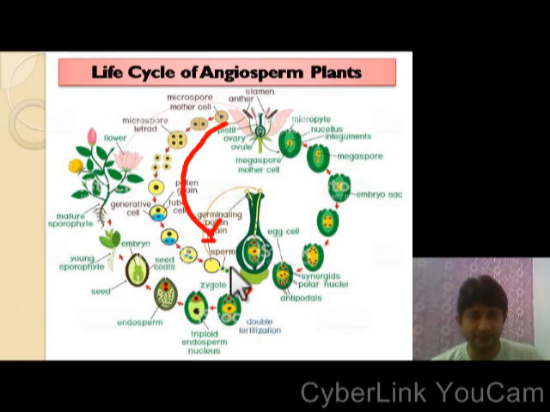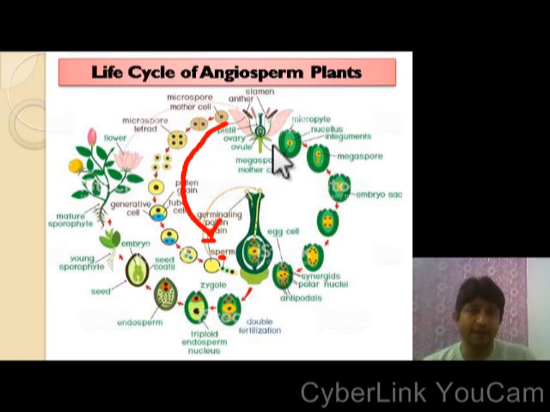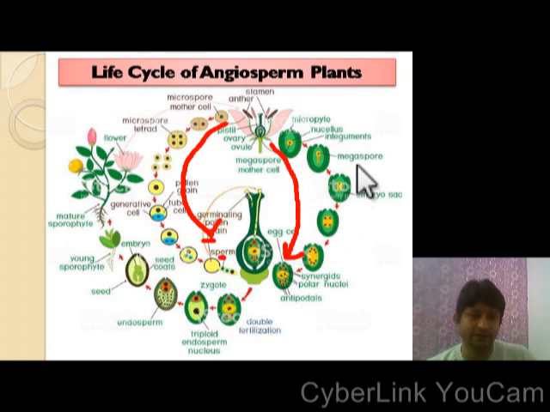The male gamete is known as sperm, which is produced by microsporogenesis, and the formation of the female gamete is known as megagametogenesis. In megagametogenesis, the female gametophyte is developed, and in the female gametophyte there is an egg which is fertilized with